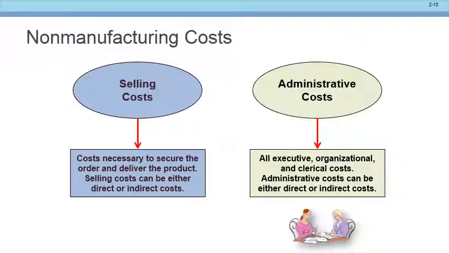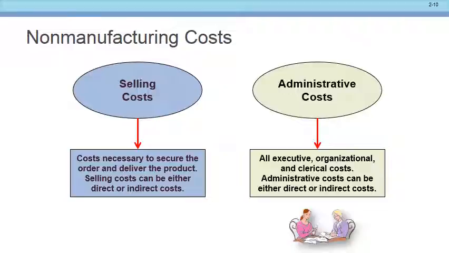I said, do the sandwiches have, oh, I'm sorry. I thought you were saying no. Do the sandwiches have future economic benefit? They have future economic benefit because we can sell them for a year. So if they have future economic benefit, we're going to take these costs, whether they were direct or indirect, and we're going to put them into an inventory account, aren't we? Because now we have inventory of sandwiches, whatever it is, right? Okay, so the sandwiches that are done are going to be in finished goods inventory.